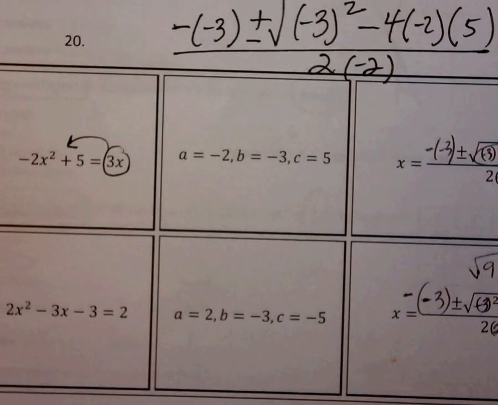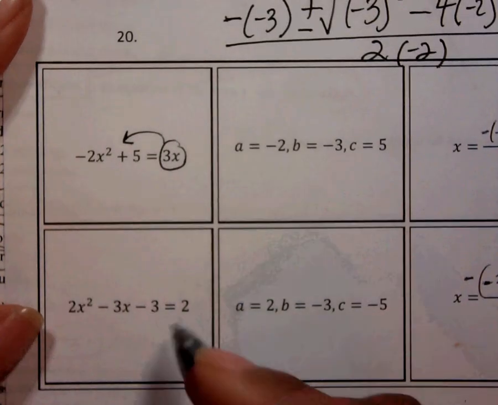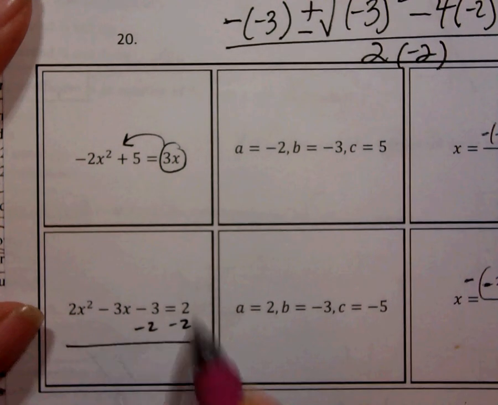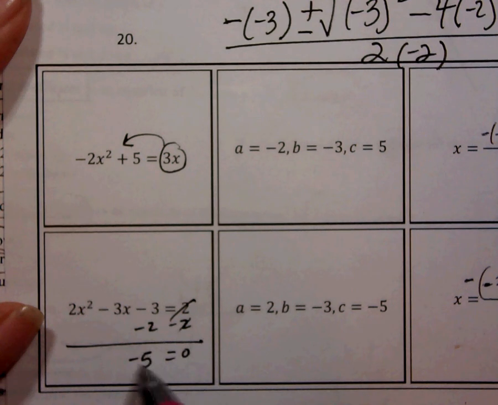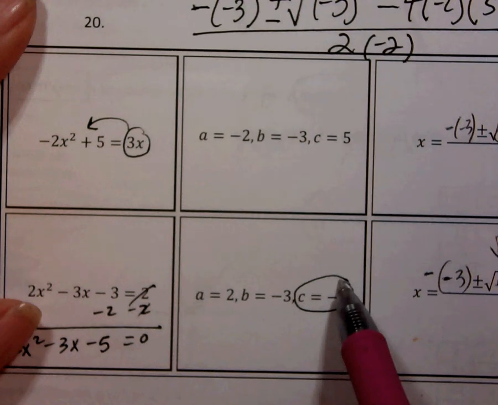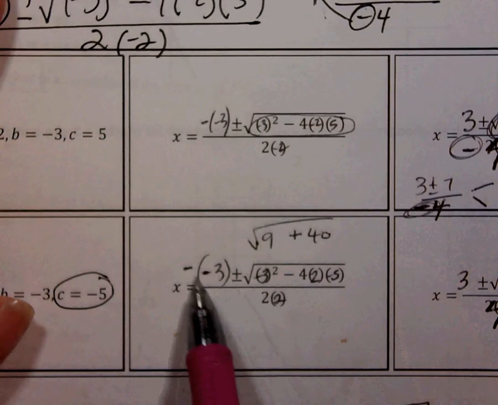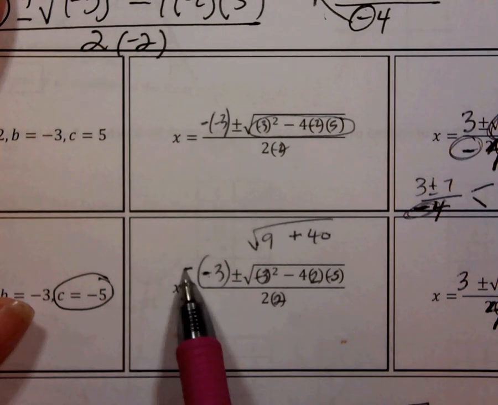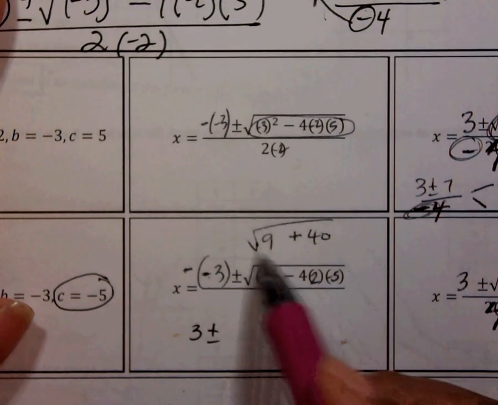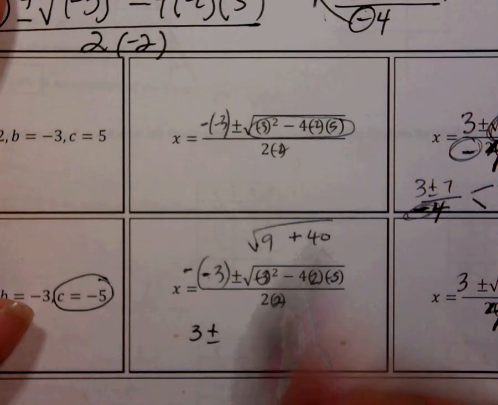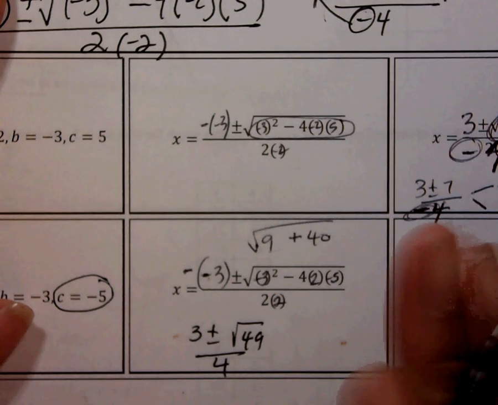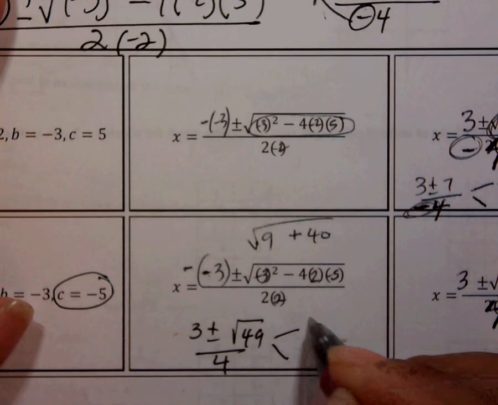On this next one here, you have to subtract 2 on both sides. And when you do that, your C value is negative 5. Which is why you see here C is negative 5. And then you plug it in, you get negative b, so minus, a negative times a negative is a positive, so this becomes plus. And then this here is 9 plus 40, which is the square root of 49 over 4. Well, everything's positive. You can leave your answer positive, but if you're going to finish it, it would be